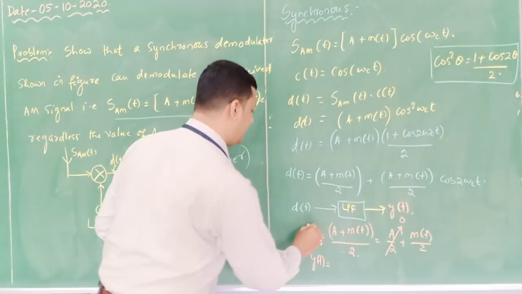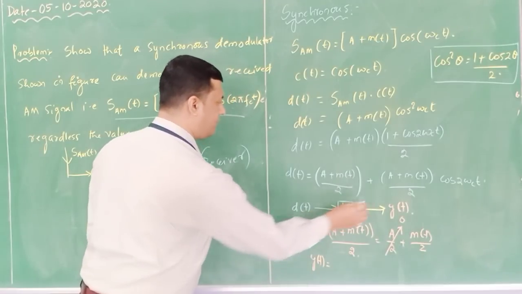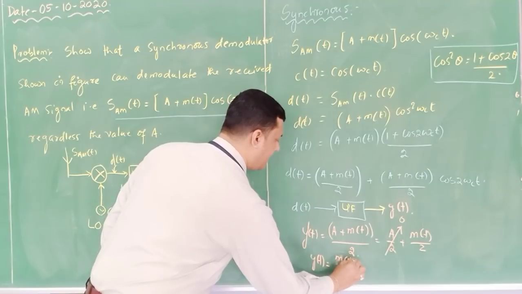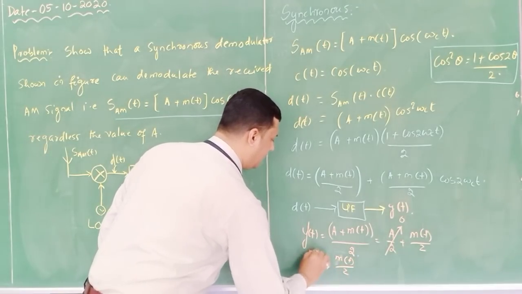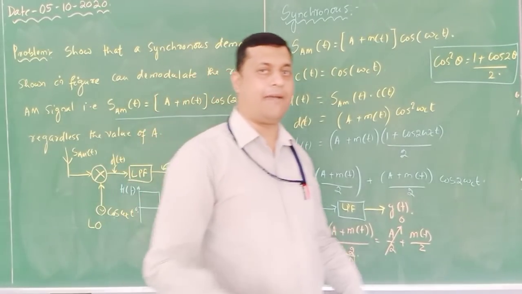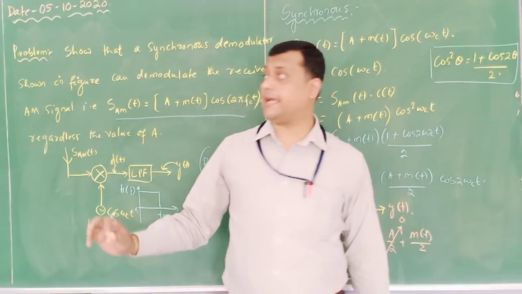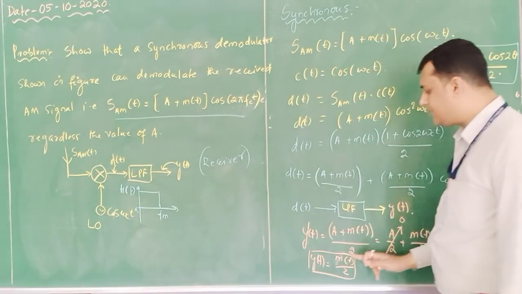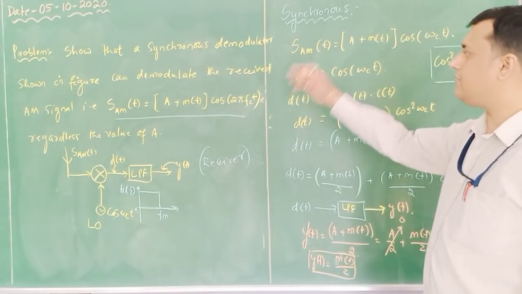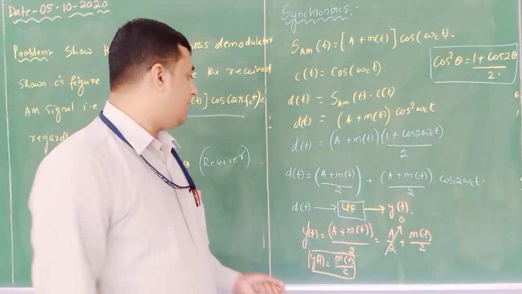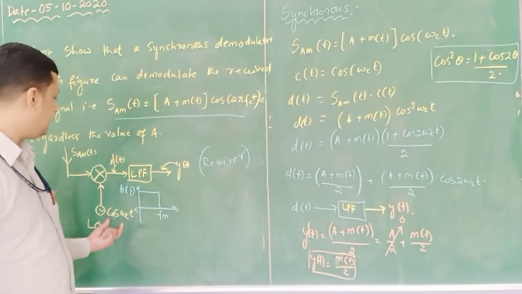Let us consider this is y dash of t and this is y of t. So for y of t we will get m of t divided by 2. So it is the message signal we are extracting, but the amplitude deteriorates. Here the amplitude is m of t, but here the amplitude is reduced by half. So this is the working principle of the synchronous detector, in which we have considered that